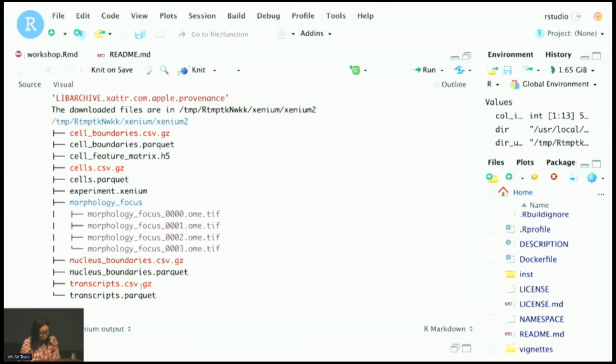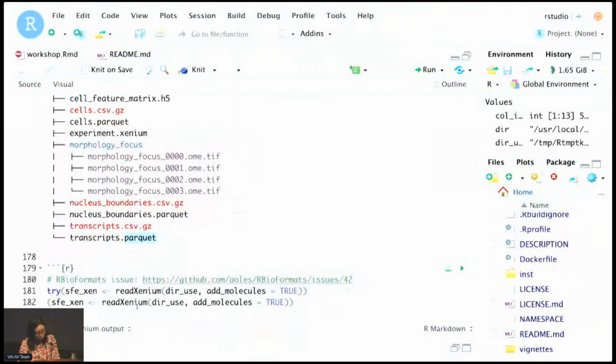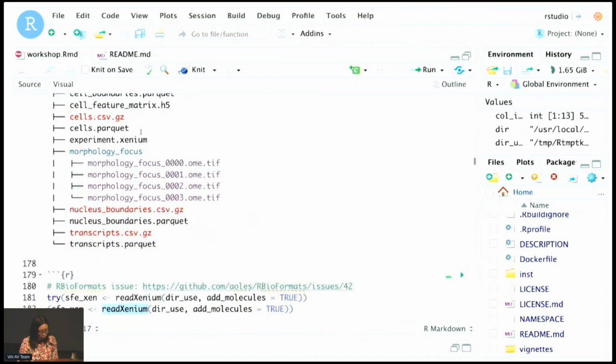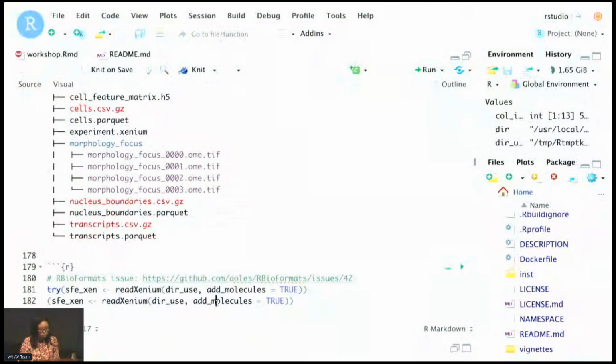So we have cell and nuclei segmentation, but here, although we have the Parquet file, it's actually not GeoParquet, and internally it's just the X and Y coordinates of the polygons. We have the gene count matrix and the cell metadata, and also we have the transcript spots. But here the Parquet file is not GeoParquet, so as a result, the readXenium function would process those and convert those into GeoParquet. And for images, for XOA V2, there are 4 channels, and it's in the OME-TIFF format. So it's from the Open Microscopy project.